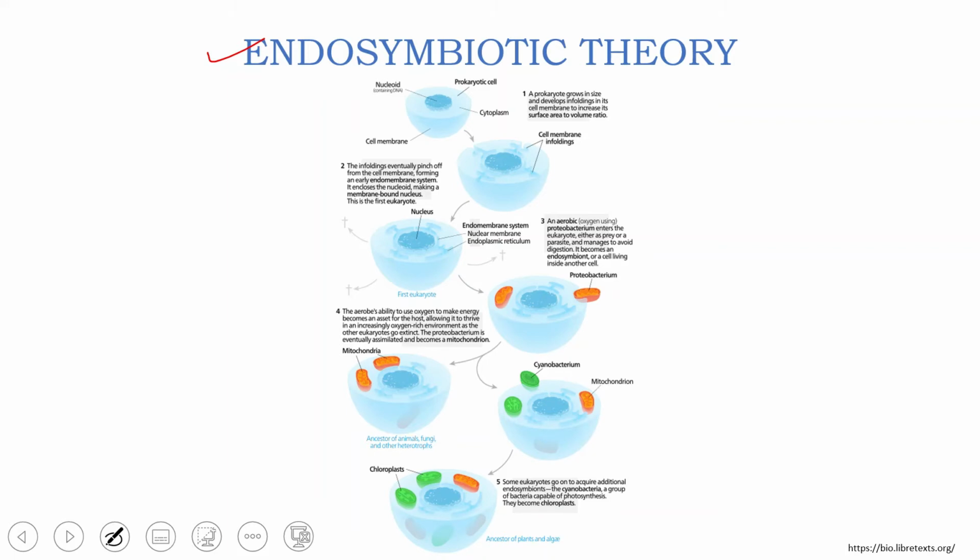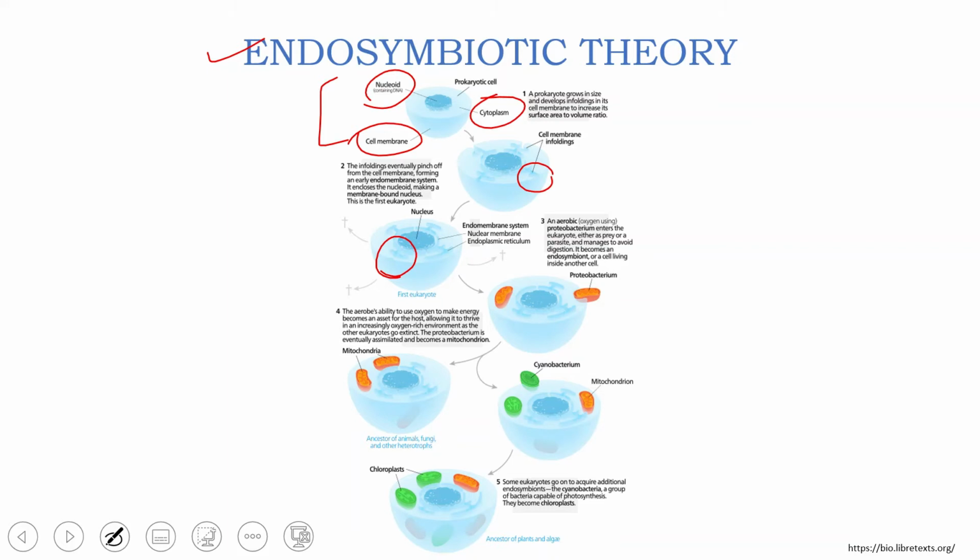So imagine you have a prokaryotic cell which has a nucleoid, a cell membrane, and cytoplasm. Now this prokaryote grows in size and develops infoldings in the cell membrane. Here you can see certain infoldings which start to develop from the cell membrane and move towards the nucleoid. As these infoldings grew, they pinched off from the cell membrane. Here you can see that these infoldings are no more attached to the cell membrane, but they further go and